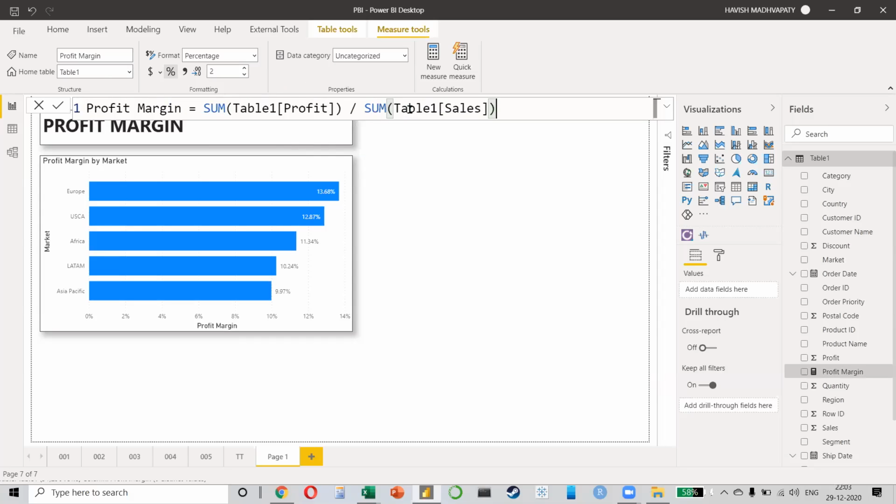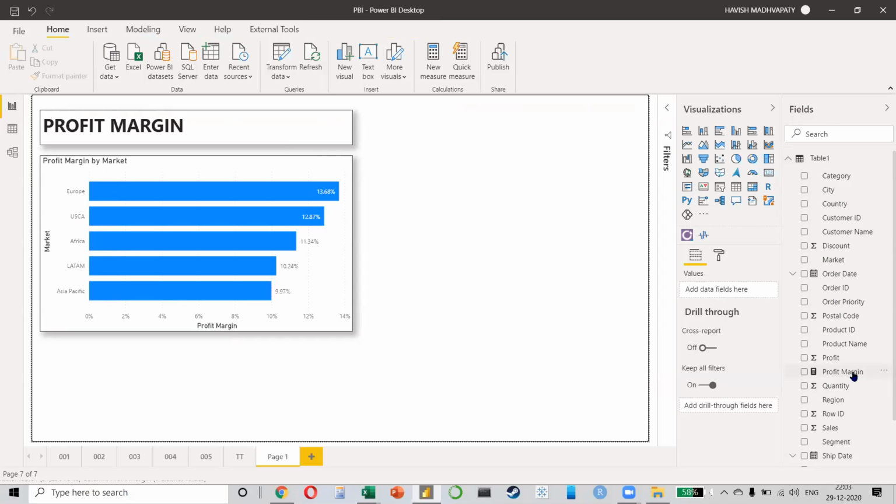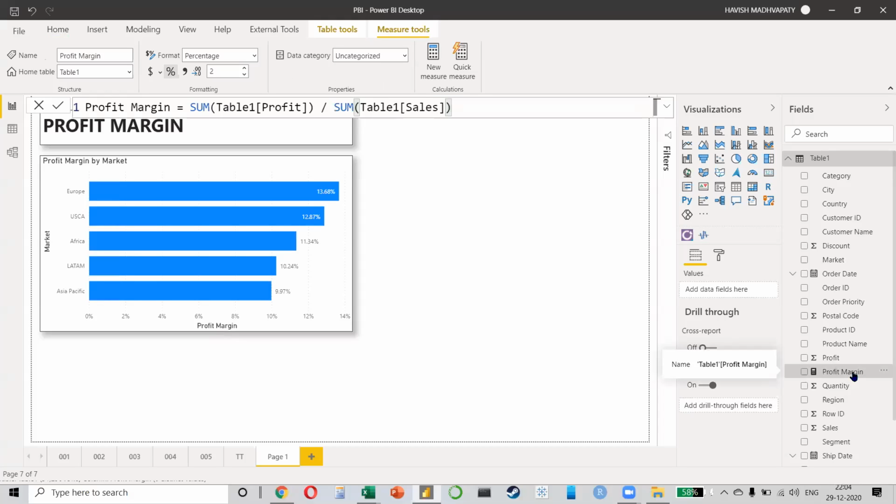And interestingly, you can also zoom in and out inside the formula bar. So you can just press control, just on the trackpad, just pinch in, pinch out, like you do on a web page, and you'll be able to zoom in and zoom out like this. Sir, what do you click to show the formula bar? See, I did not click on anything. I selected the calculation I've created, this one, profit margin.